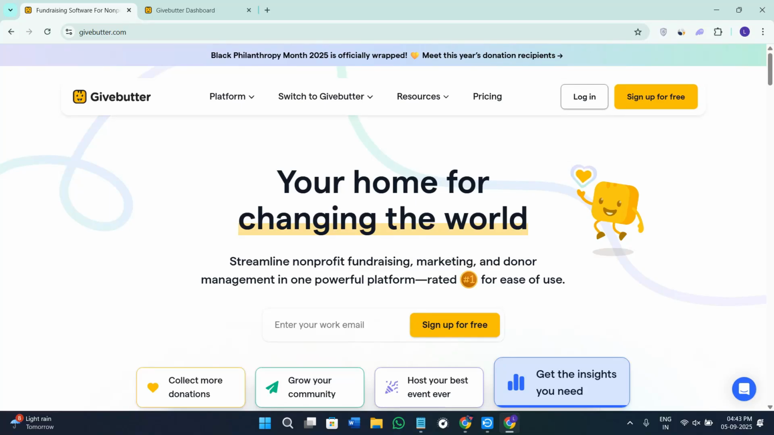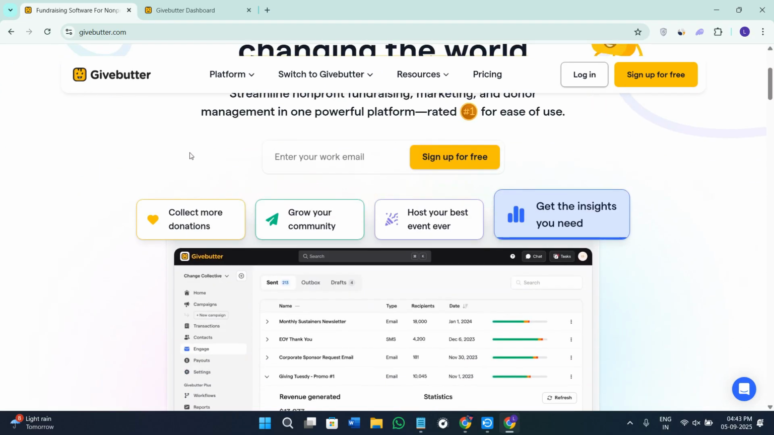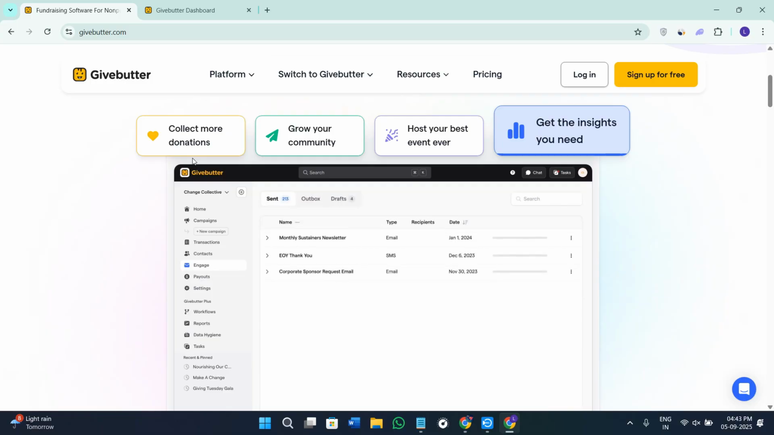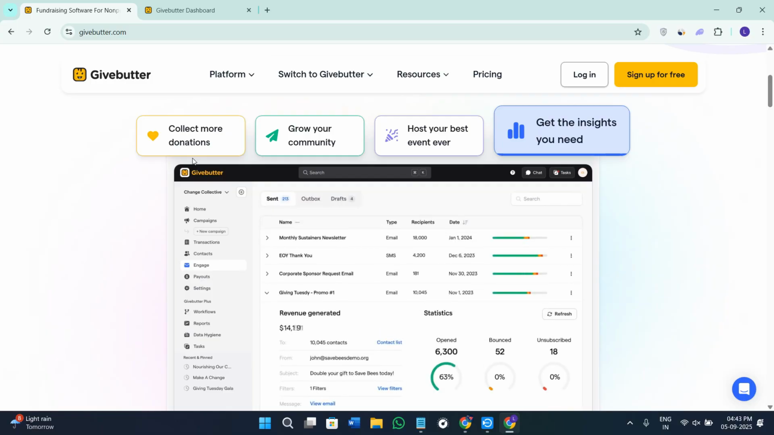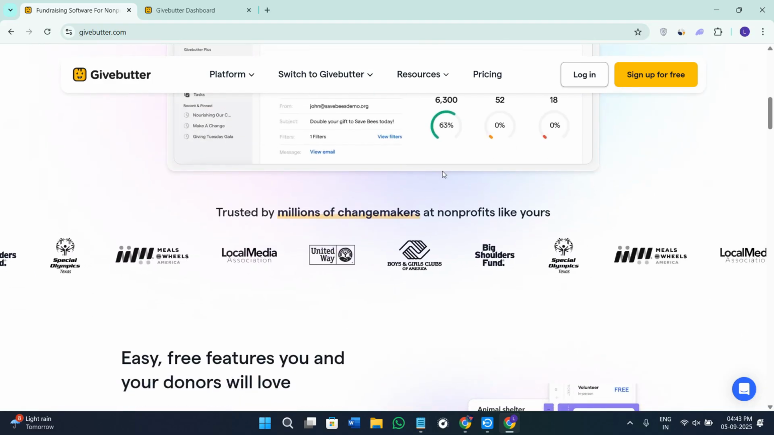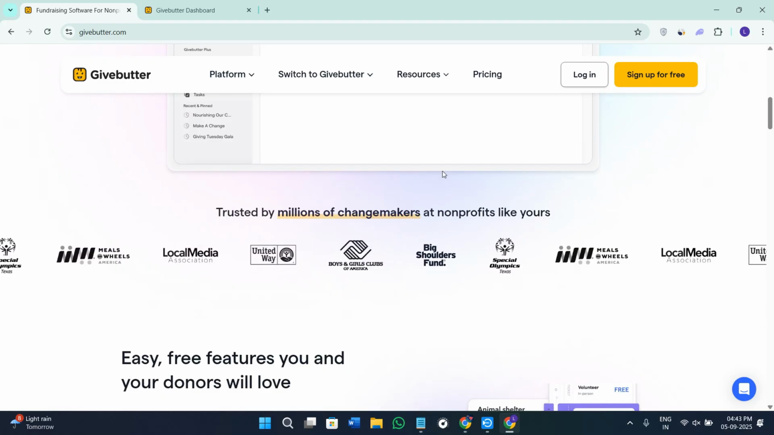In today's video, I will walk you through Givebutter, which is a popular all-in-one fundraising platform for non-profits, creators, and teams. We will explore its features, how to use the dashboard step by step, and I will share my honest thoughts on whether it is worth using for your fundraising campaigns. So make sure that you watch this video till the very end so that you don't miss any of the